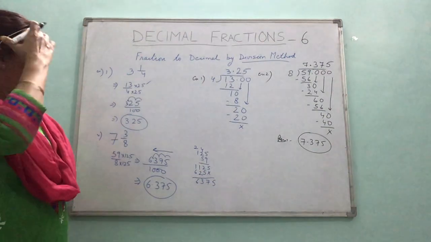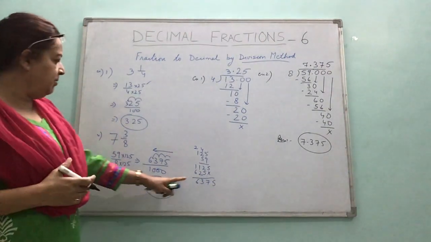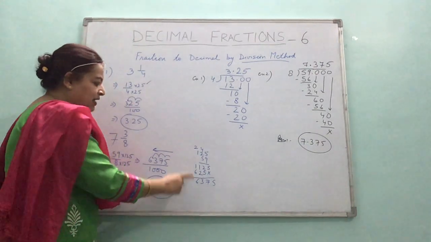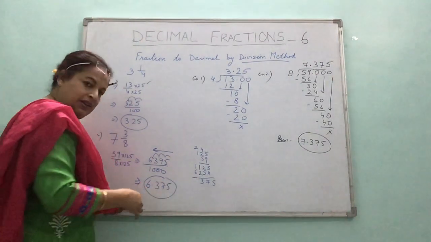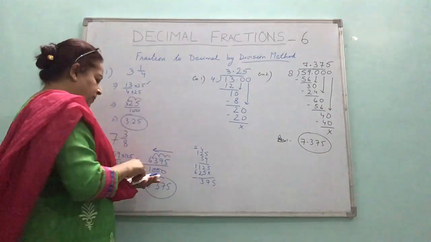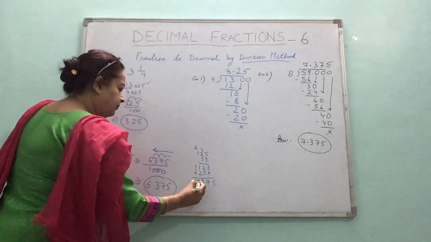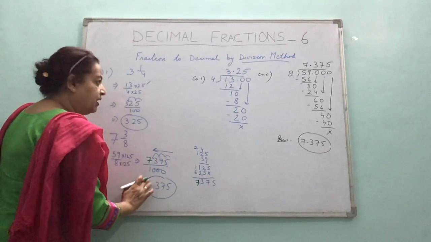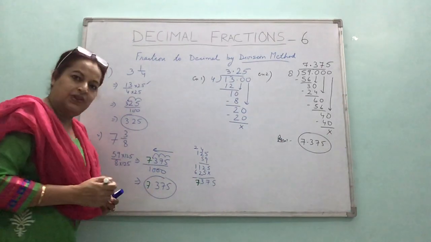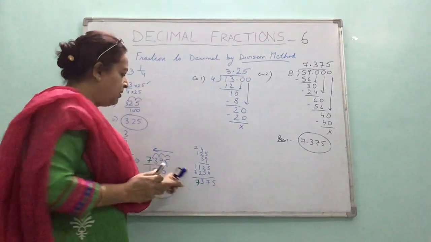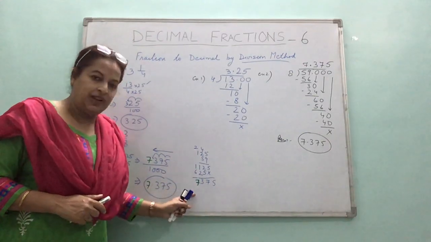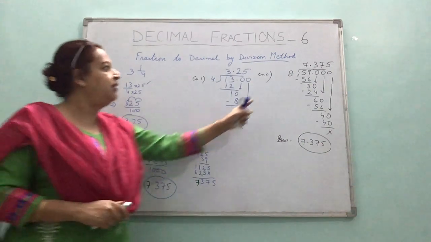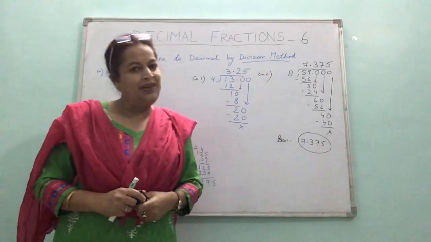And I made a mistake. Yes, I made a mistake here. So now I realize I made a mistake. 6 plus 7 wouldn't be 6 here. It would be, sorry children, it would be what? It would be 7. So this would be 7. And this answer has to be the same by whichever method you do. So that is how I realized my mistake also. I made an error here. 6 plus 1 would have been 7. Sorry for that. So this is 7.375. And by division method also it is 7.375.